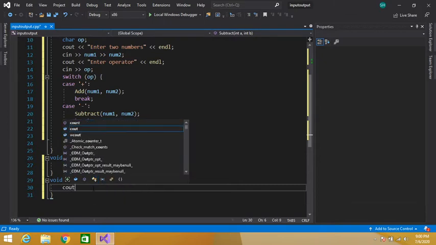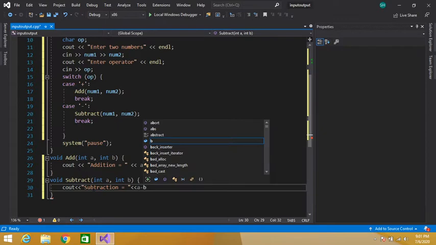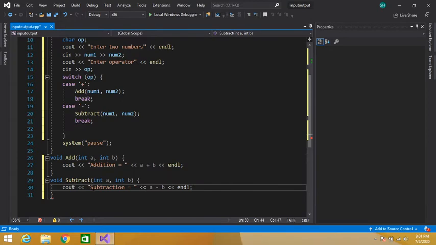So cout subtraction is equal to, insertion operator, then a minus b, and then again insertion operator, end of line. So this is the definition of our subtract function. We are simply subtracting b from a, meaning we are subtracting num2 from num1, because num1 will be passed to a and num2 will be passed to the second parameter b.